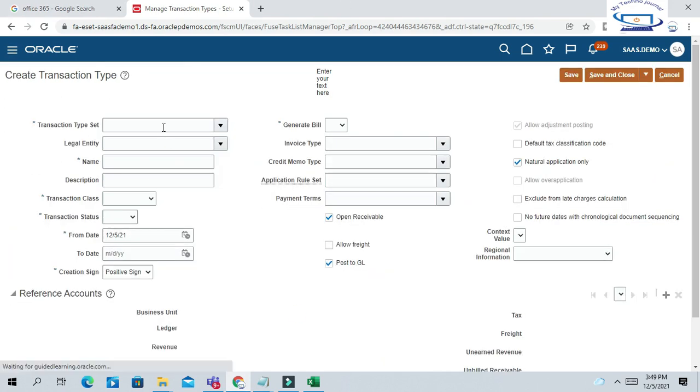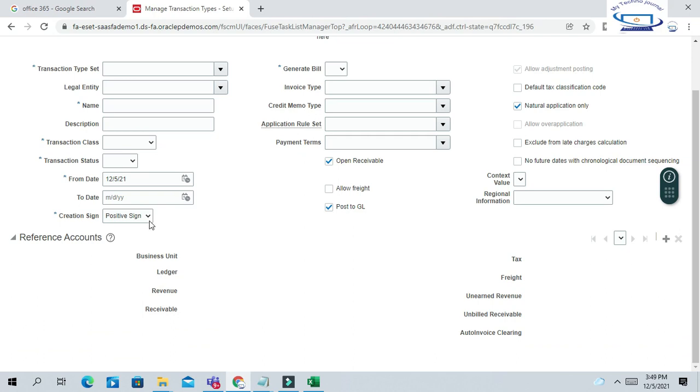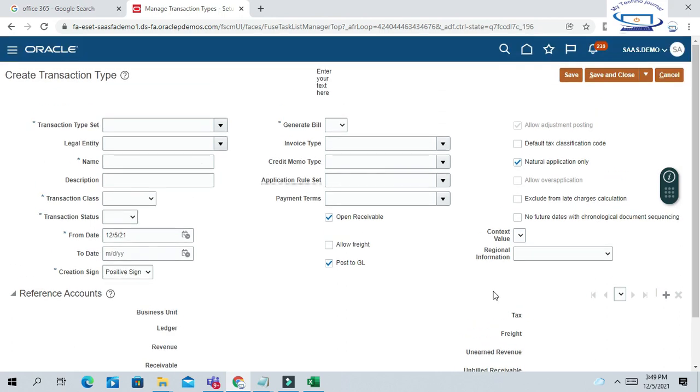It will derive the accounting: the revenue account, receivable account, and we associate the auto invoice clearing account, unbilled receivable account, unearned revenue account, freight account, and tax account. A lot of accounting decisions are made based on certain transaction types.